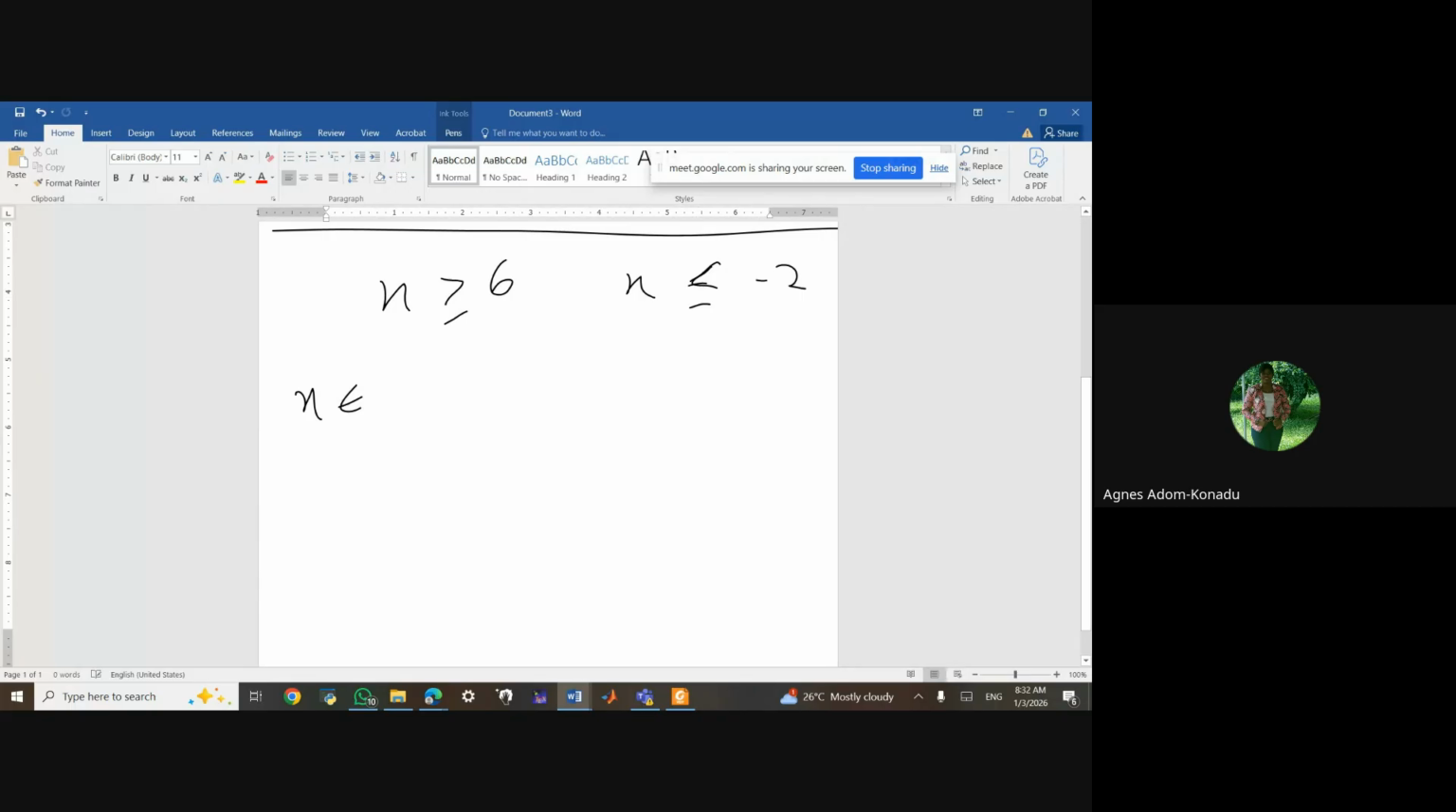X in the sets. Okay, so for this one, I have negative infinity and then -2. This is part of it. Okay, union. Then this one I have 6 and positive infinity. Like this. So on the number line,